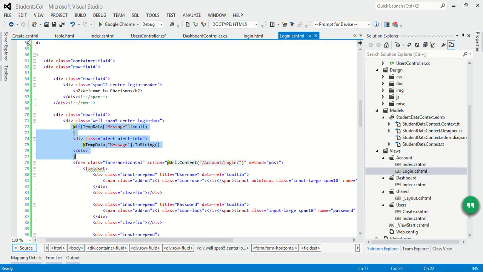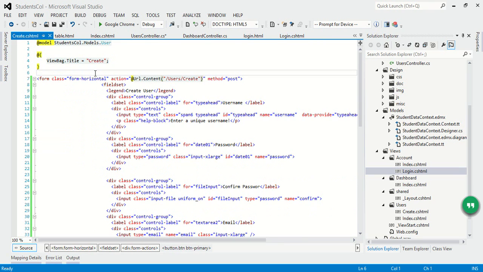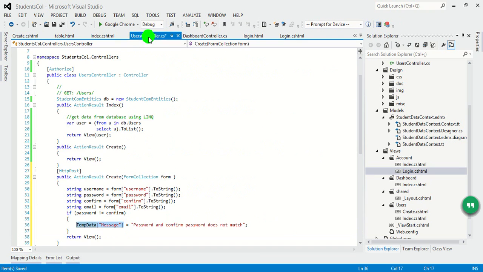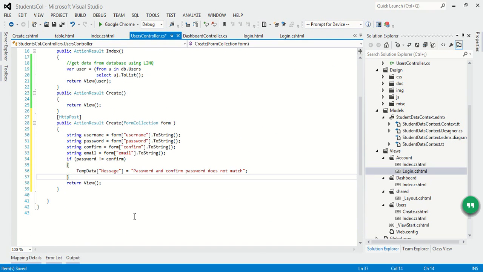Go to login, copy this message right here and paste this here. So now we are ready with the message, and